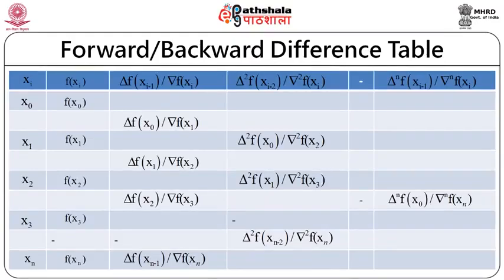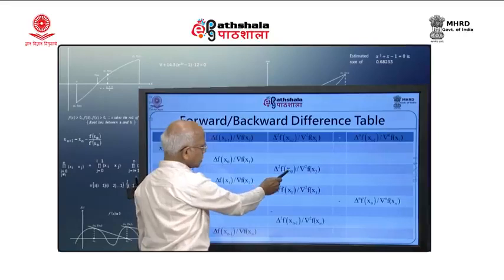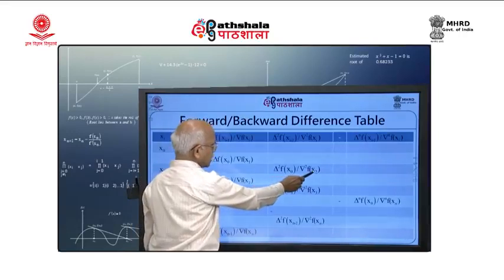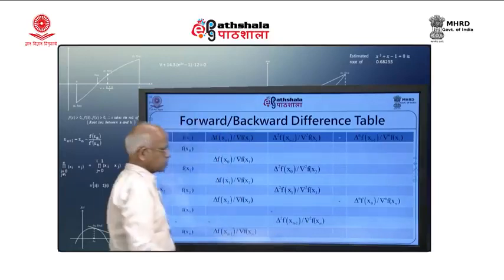Similarly, I can do this for delta square f(x0) and del square f(x2). Now, you can see that this changes here: x1, this is x2, this is x3 and so on so forth, here also it changes. Similarly, x0 will be replaced by x2 here, x1 will be replaced by x3, x_(n minus 2) will be replaced by x_n.